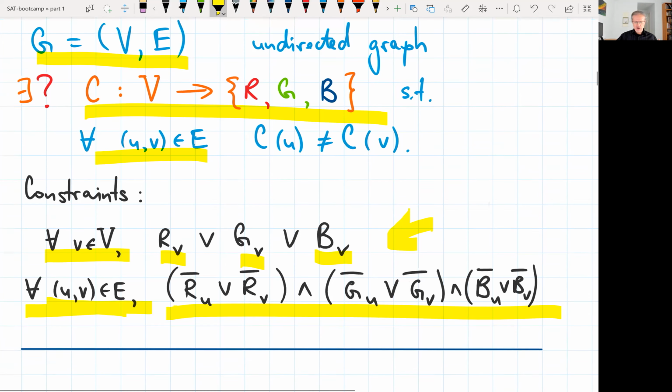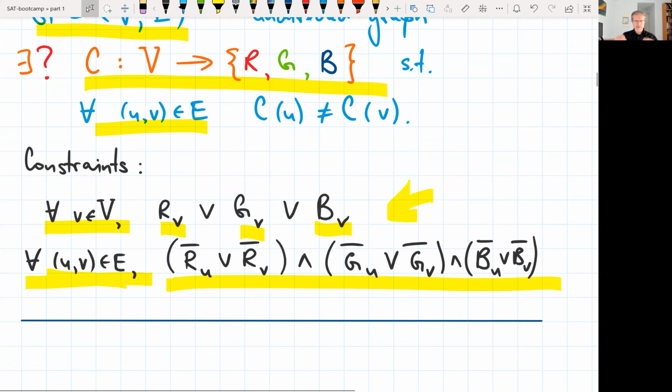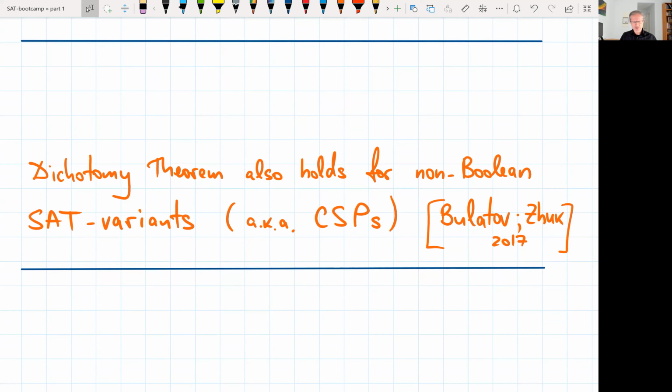And so in general, not only SAT and its Boolean analogs or variants have this property that you have a black and white kind of picture, you're either polynomial-time solvable or you're an NP-complete problem. But a similar dichotomy result also holds for non-Boolean SAT variants. An example of a non-Boolean SAT variant is three-colorability. Non-Boolean means that you assign variables not necessarily Boolean values. So you can express three-colorability as saying a vertex gets a value color 1, 2, or 3. So you can have a non-Boolean alphabet to work with.